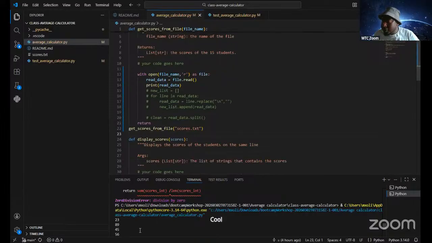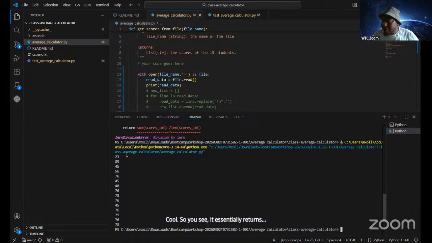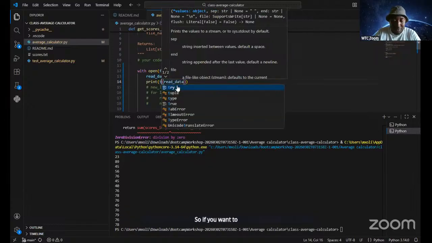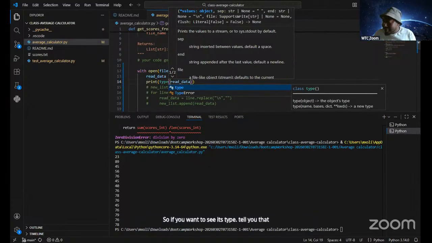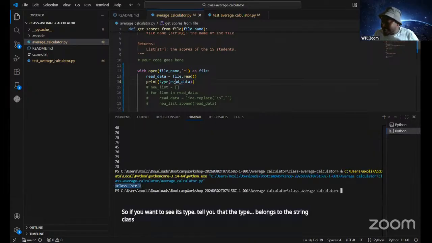Cool. So you see, it essentially returns this whole thing as one big string, right? If you want to see its type, it belongs to the string class. So this type here is a string.